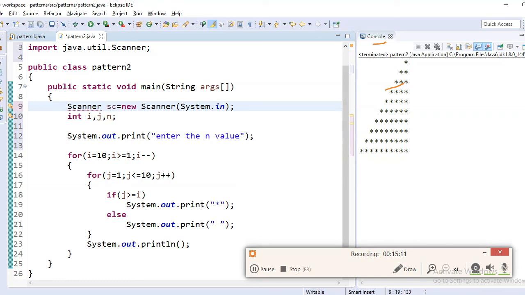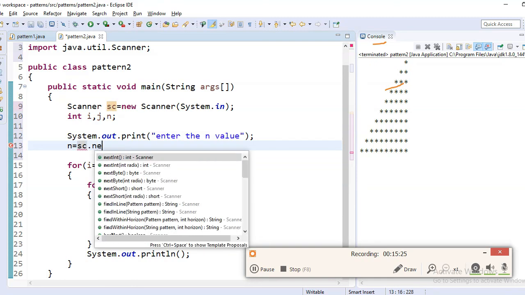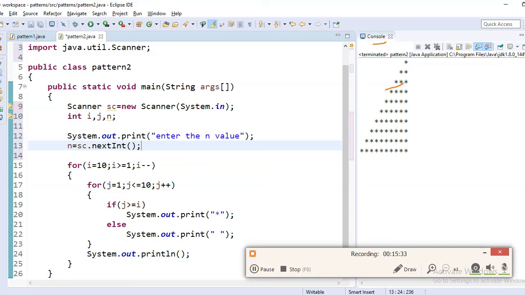By using this reference variable we can store that value into the n variable: n equals sc.nextInt. Whatever you enter in the console page will be stored in n.